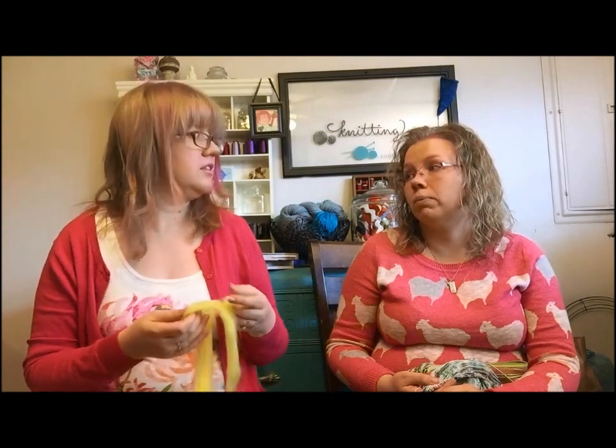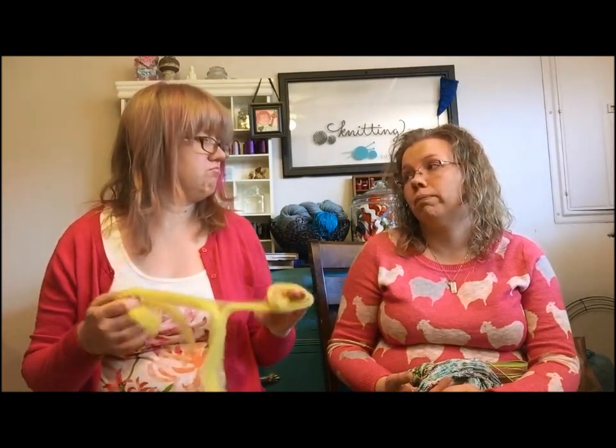Have you put them in the dryer? I have not, but they're superwash. Will it still help? I don't think so. But you could try it. Dampen them, put them in the dryer, but check every 10 seconds. Like, be obsessive. I don't think it should do anything, actually, since they're superwash, but it might... You never know. It could. Tighten them up a little. So, yeah, it would be great if I could tighten them up a little. I'll put them in a laundry bag and... Yeah, I mean, keep your eye on them, though. I'd hate for them...